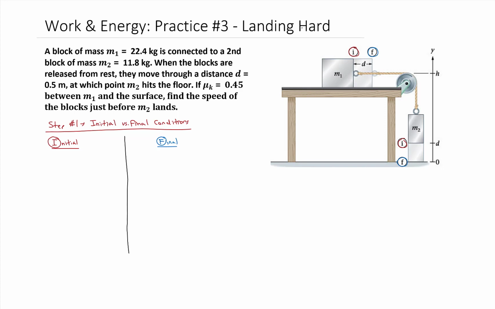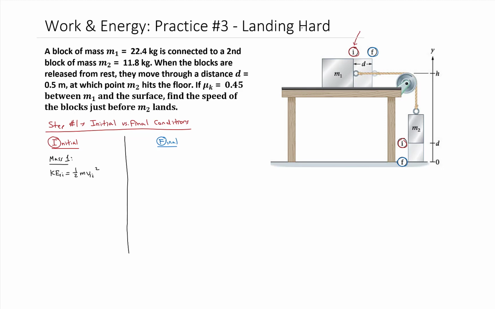So let's look at mass 1. Mass 1 is going to have an initial kinetic energy. So let's say KE1I for the initial kinetic energy of the first block is equal to 1/2 mv1I squared. So that's the initial velocity of the first block. So before we even move on, we should probably go back to the diagram and start labeling everything that we're given. So for mass 1,